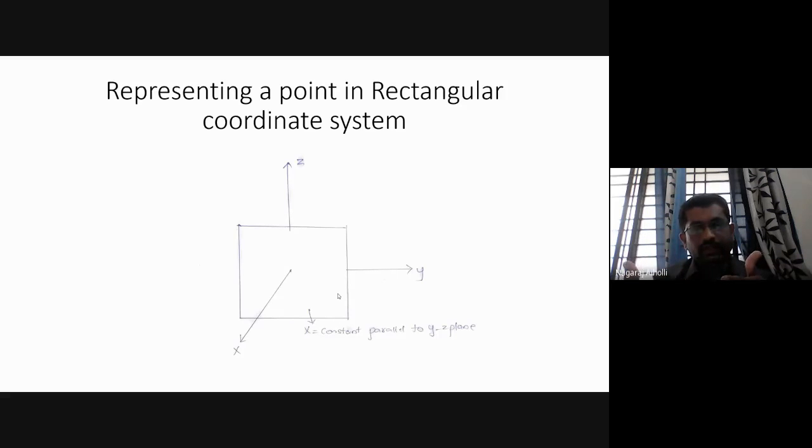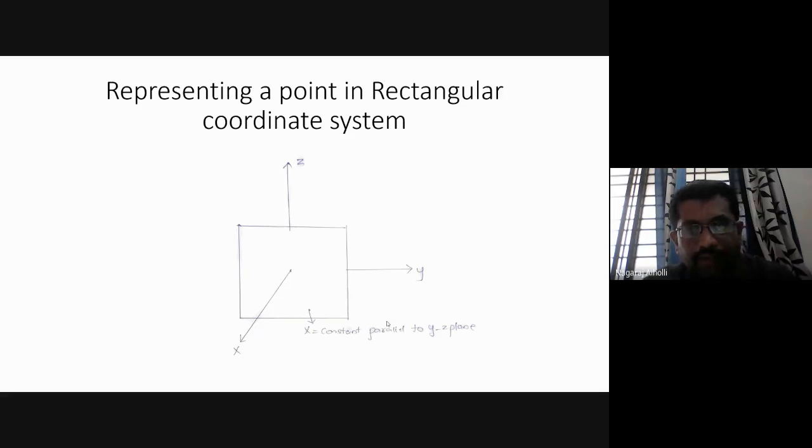Now x equal to constant, and you can take it in the form of a cardboard if you can visualize here. This is x, this is y, and perpendicular is z. Now x equal to constant plane means exactly at this position here. If you are sitting in a room, you can look into the walls and corners of the room: the x plane, then the y plane and the z plane.